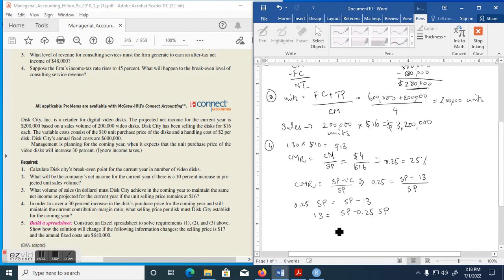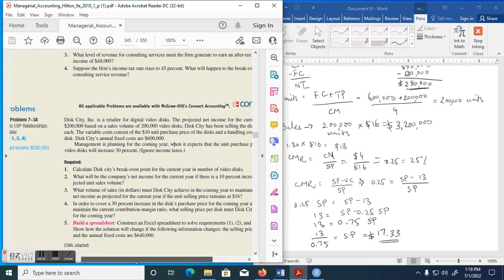1 minus 0.25 gives us 0.75 sale price, and this 13 remains as is. This is being multiplied here, it goes to the other side to be divided. So 13 divided by 0.75 will equal your sale price. And if we actually calculate this, 13 divided by 0.75, we get 17.33. This should be the new sale price in order to help you maintain the exact same contribution margin ratio as before. This is question